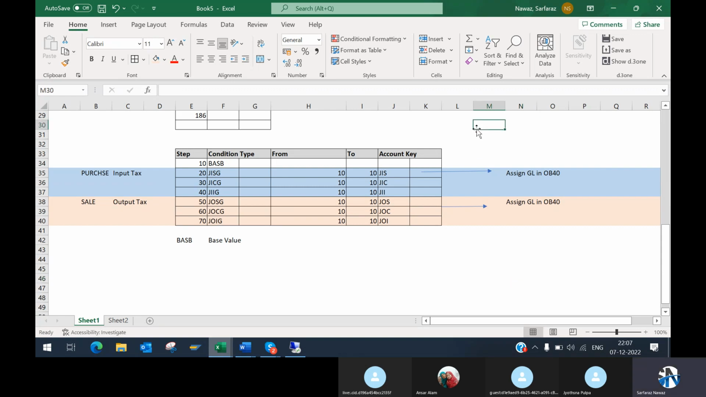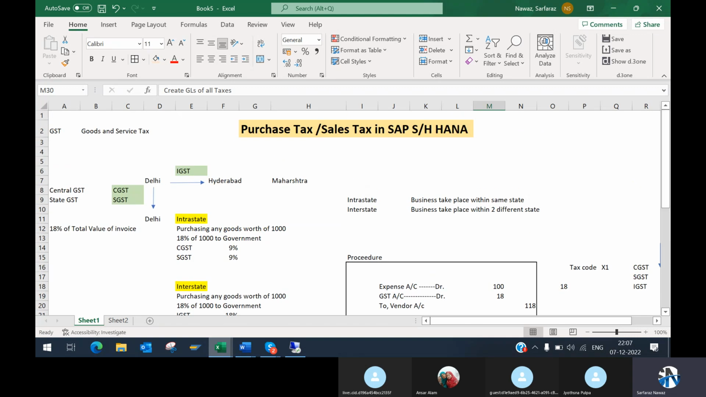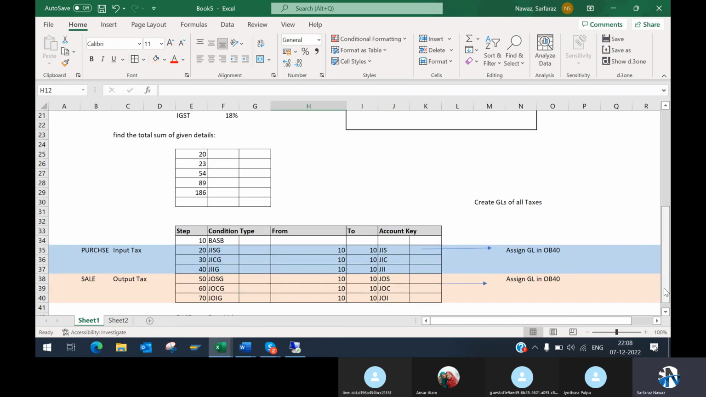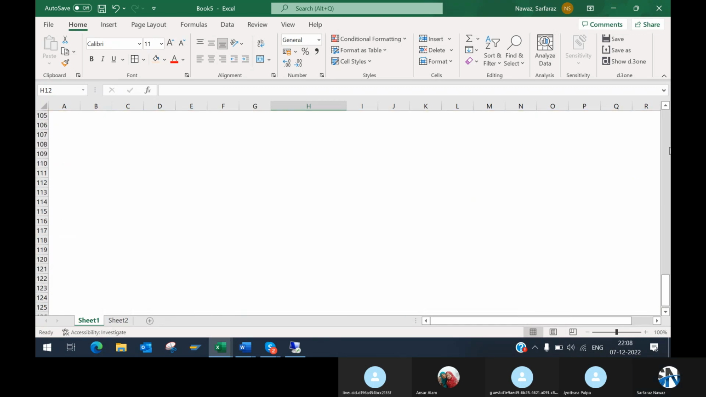Before this, you have to create GLs of all taxes. In the presentation, I have written here, so that the purpose of the fresh explanation is